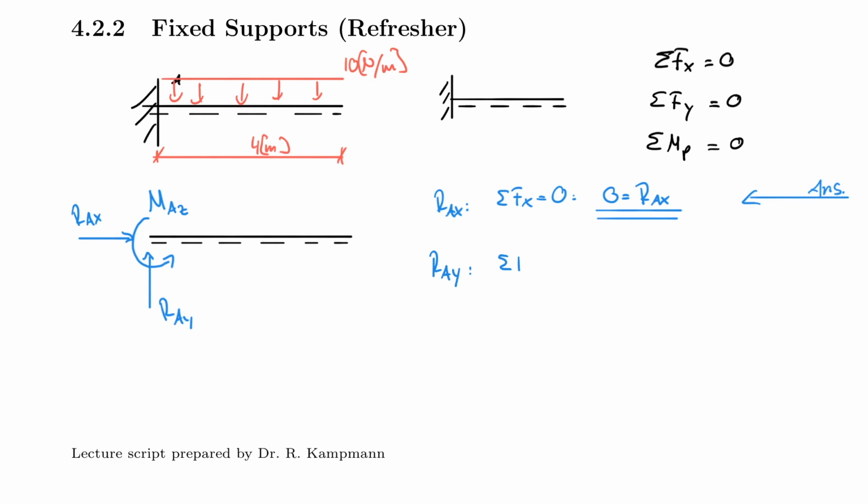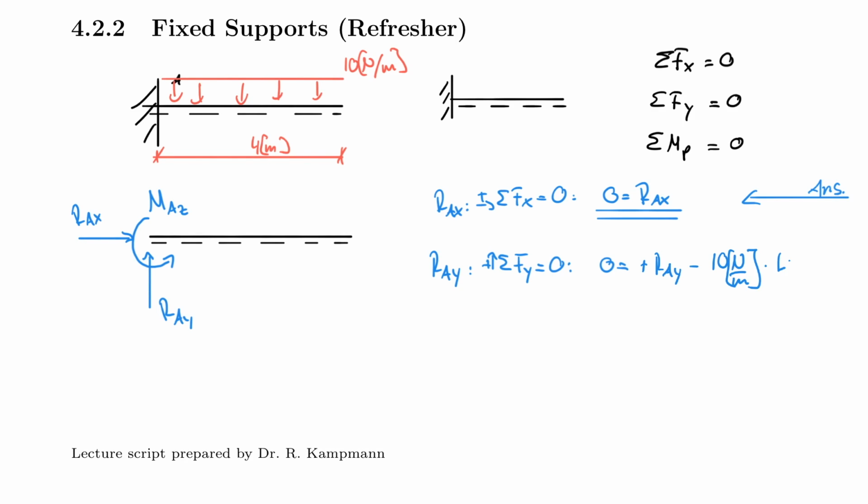Now, RAY is very simple to calculate because you only will end up with one unknown, as I said. So the sum of the forces in the y direction is equal to 0, upwards positive. By the way, here I should indicate that too. And 0 is equal to, and I assumed this to go upwards, which makes sense, of course, plus RAY minus 10 Newton per meter